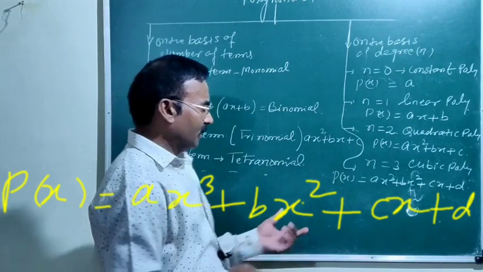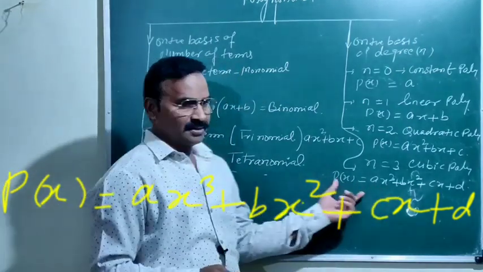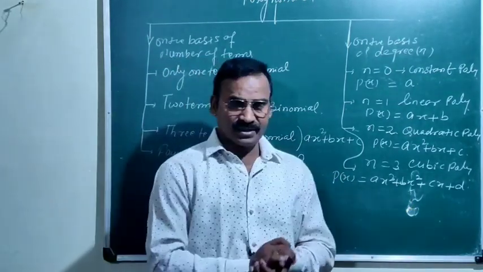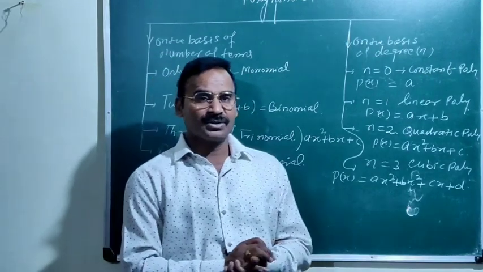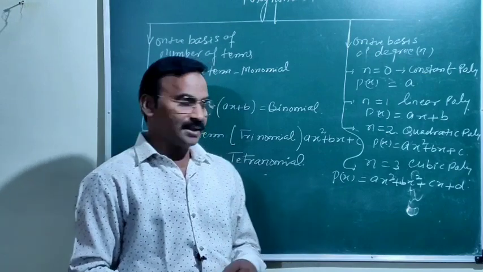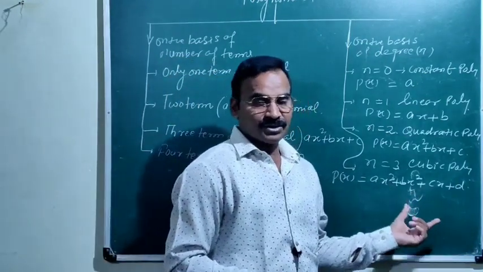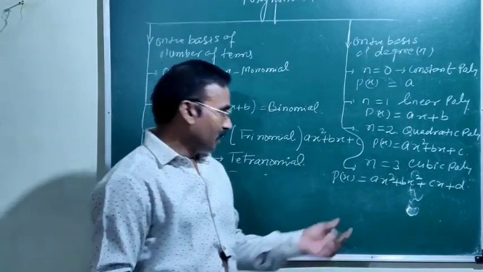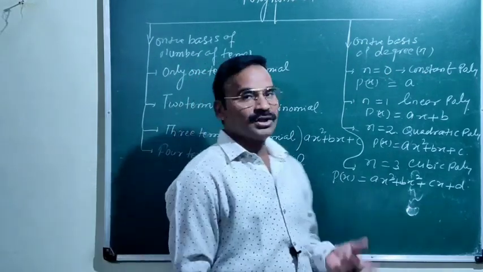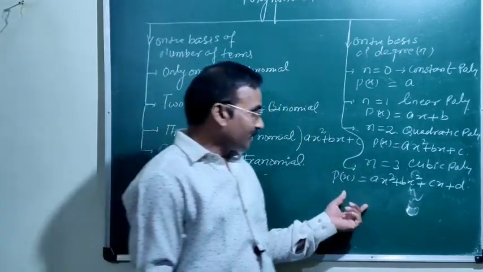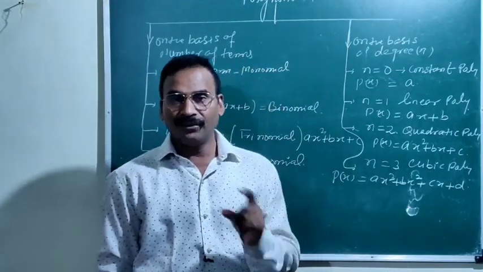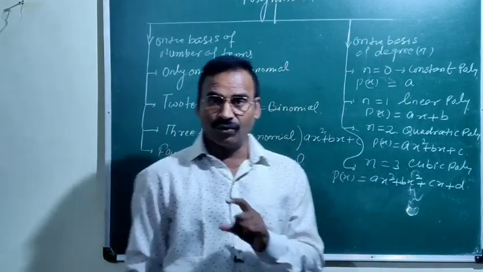So let me combine both bases, number of terms and the degree. If there is a cubic polynomial, then the number of terms must be 4 or less. या तो number of terms 4 हो सकते हैं या less भी हो सकता है, but the degree इसकी होनी चाहिए 3. Because of the degree 3, it is called a cubic polynomial, okay. Next, if the degree is 4, then we can say the polynomial of degree 4, okay.